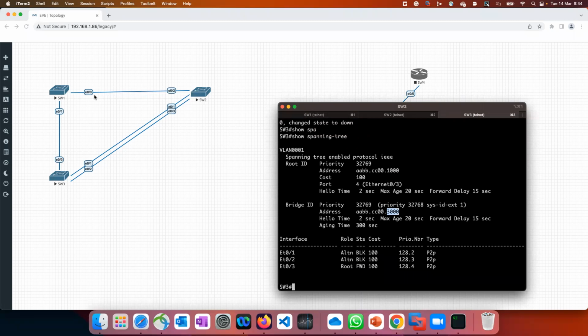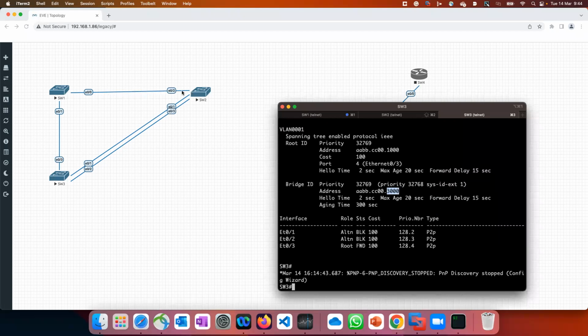Second step in your spanning tree protocol is you need to choose, on the rest of the switches, your root port. So on switch 2, E0/2 was chosen as a root port. Similarly, on switch 3, E0/3 is being chosen as your root port. This one, root port, path cost 100. Okay. The next step will be